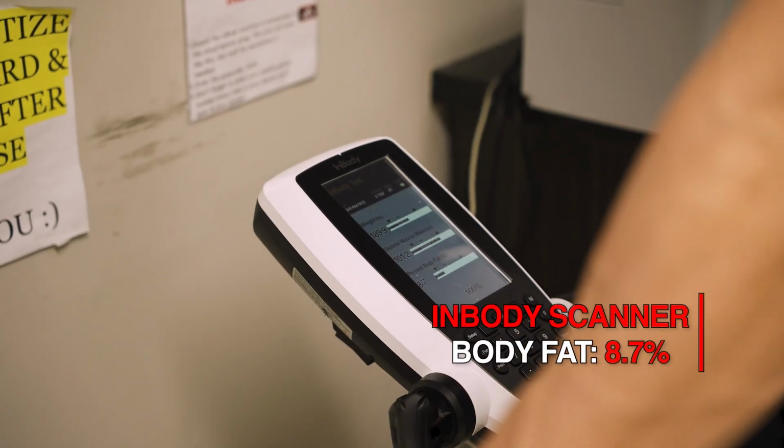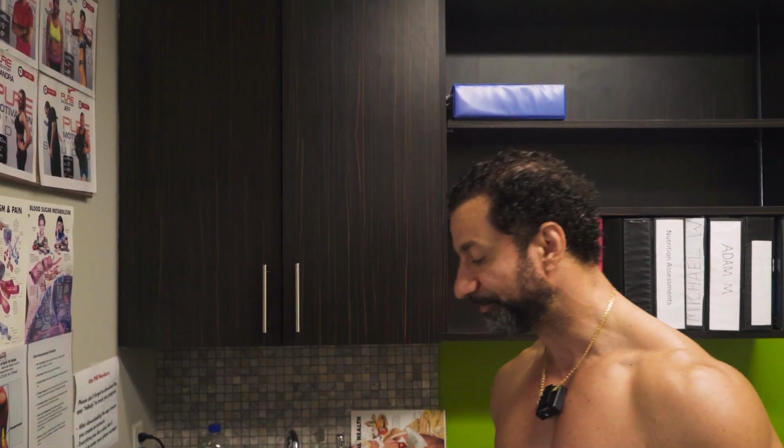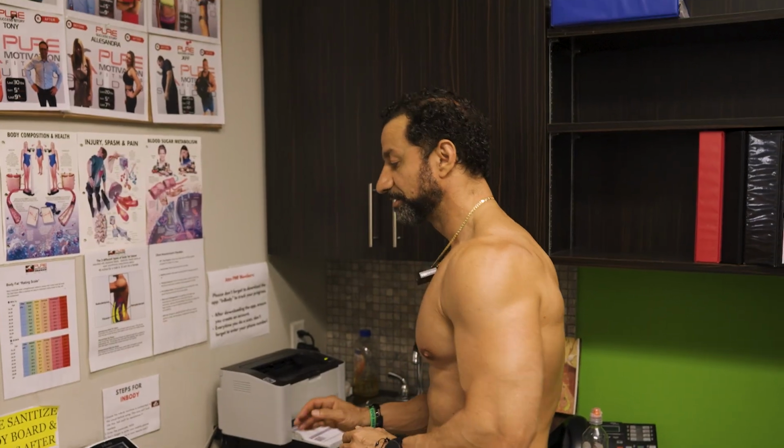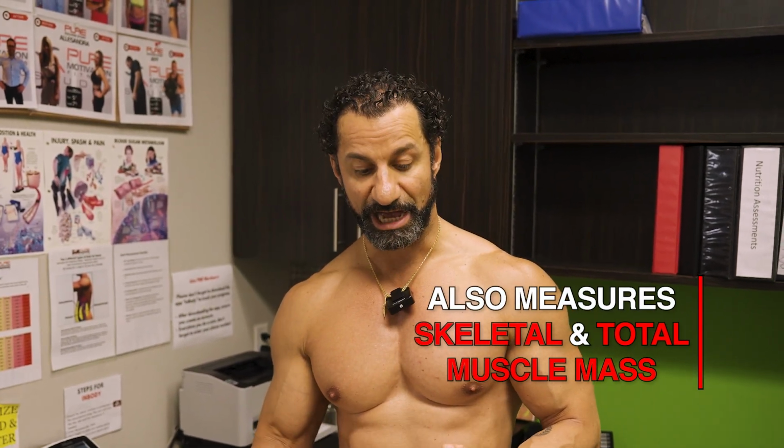So this gave me another one. It gave me 8.7% body fat. As you can see, there are differences with each different machine. Now, if I hit print, that'll show me the differences, not just in weight and percentage of body fat, but skeletal muscle mass. How much muscle tissue do I have? How much body fat mass do I have? You'll notice that